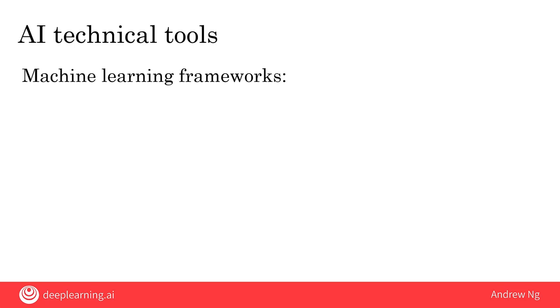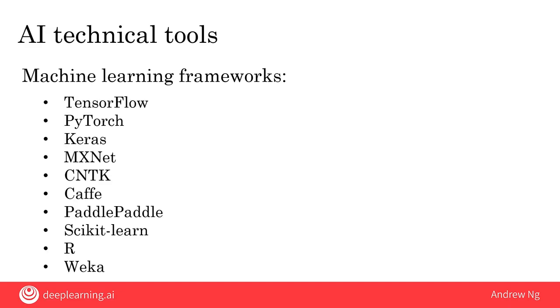There are great machine learning open source frameworks that many teams will use to build their systems. So if you hear of any of these, TensorFlow, PyTorch, Keras, MXNet, CNTK, Caffe, PaddlePaddle, Scikit-learn, R, or Weka, all of these are open source machine learning frameworks that help AI teams be much more efficient in terms of writing